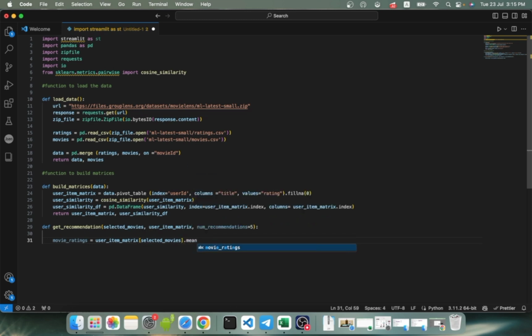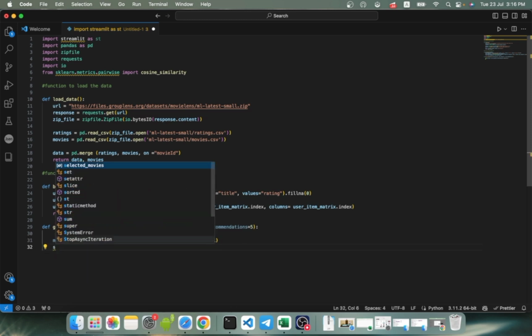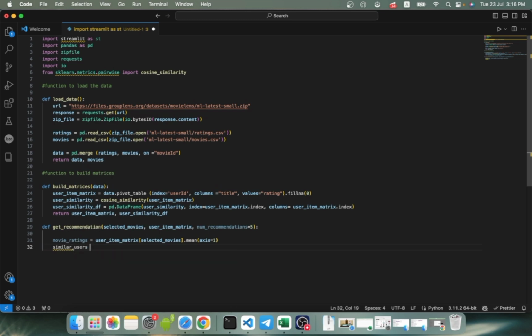And we're going to create an axis. Okay, find the most similar users based on the selected movies. For this purpose, we will create the similar users variable, and here we get it from the movie ratings and sort values, descending. Let's actually go to descending. Yeah? And the next line will include